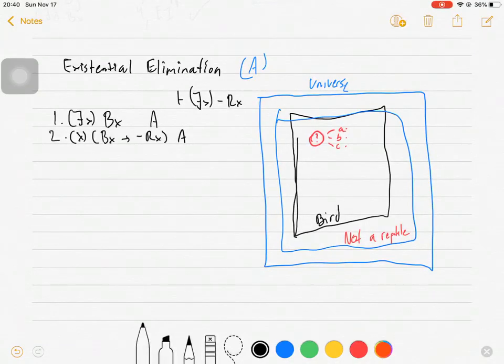The first move in this case is going to be to start an assumption for the sake of EE. We're always going to want to do this first, especially when we also have a universal, because of some of the restrictions that we have for EE. I'll go through those in a second, but first let's just go ahead and start. Let's assume BA.